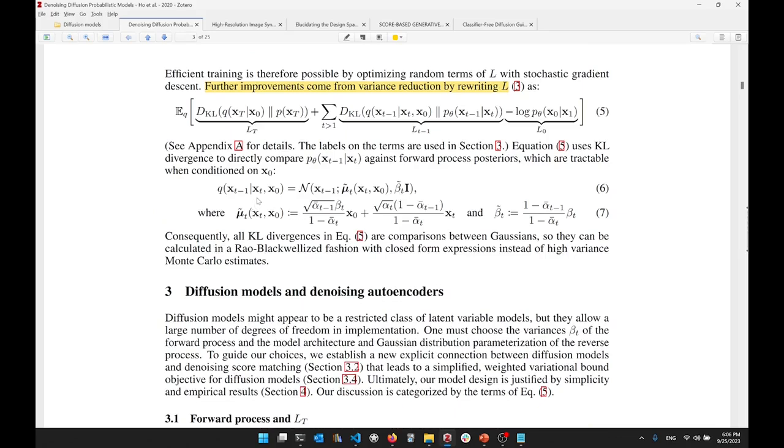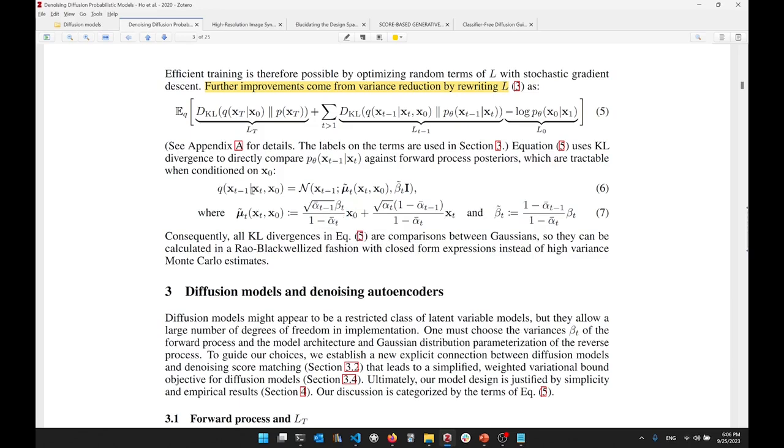As you can see, we can calculate the previous step, so the less noisy image, in the reverse process, given a more noisy image and the predicted image at time step 0, according to this formula, where the mean is defined in this way and the variance is defined in this way. But what is the predicted